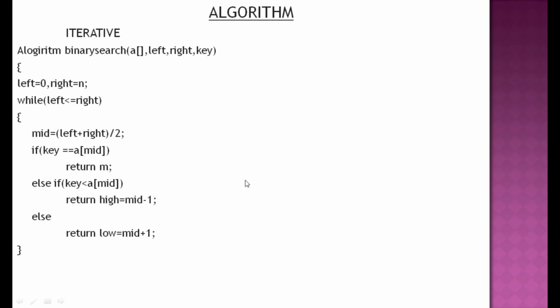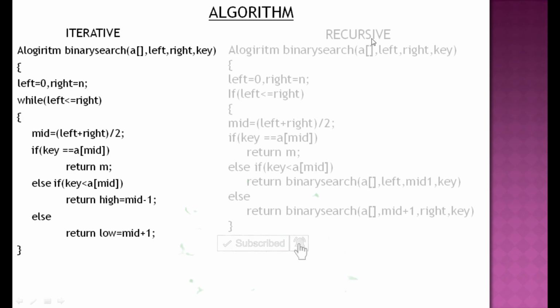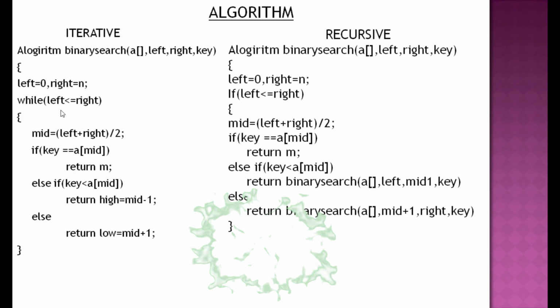Next, coming to the algorithm. In this algorithm of binary search, there are two methods, the iterative method and the recursive method. In the iterative method we use loops, that means while loop, for loop, and do while loop. Coming to the recursive method, we don't use any loops, but we use an if conditional clause, and there will be a user defined